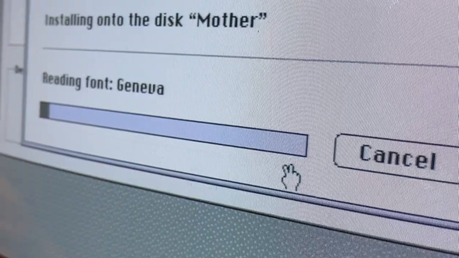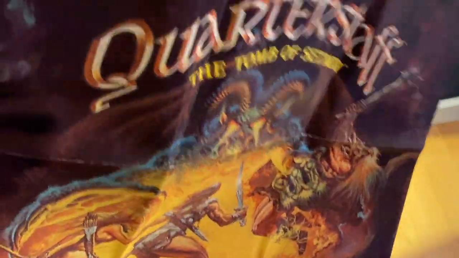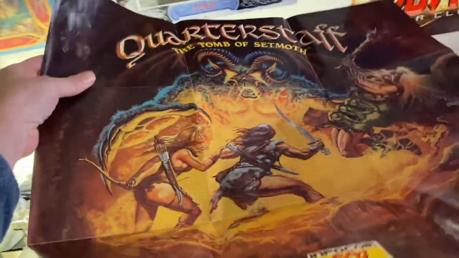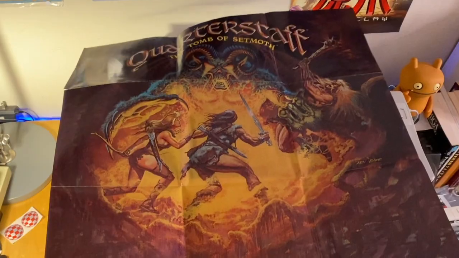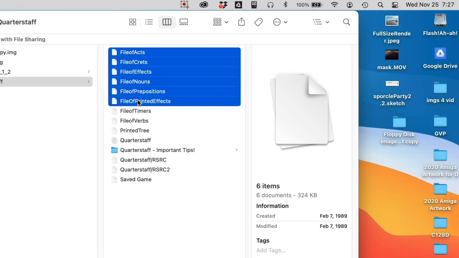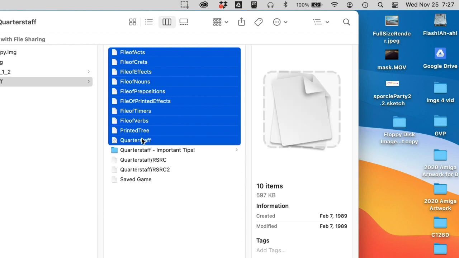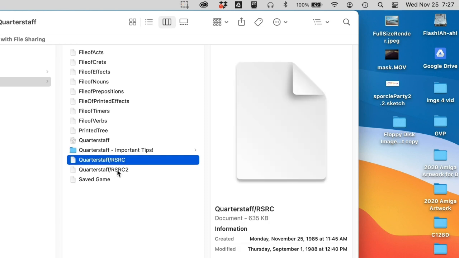I did the same thing for Oregon Trail, and with Quarterstaff, this is actually a 3-disc game originally. And what I needed to do, because I didn't have the 3 discs at the time, I just kind of did a little math in my head, and I would pick, okay, I'm going to move this amount, and then I'm going to move, I didn't need this because this was created by whoever made the dupes. And I put this on a disk, and I put these 2 on a disk, and I moved those over